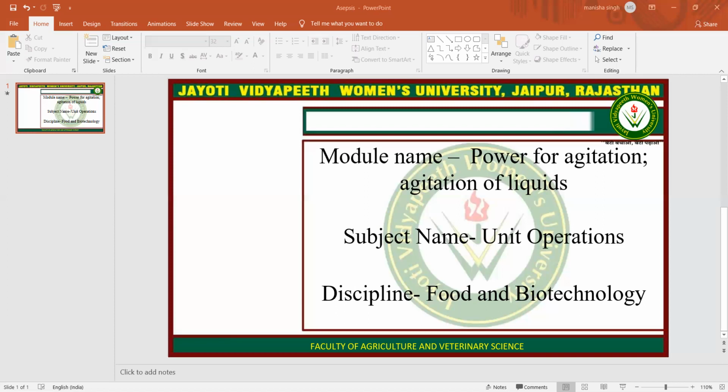Then hydrofoil impellers. They are a class of axial flow impellers with lower power numbers than the pitched blade turbines. They have been designed to produce high flow with low turbulence. Then, how do you select an impeller? Each of the impellers discussed above has its own characteristics and is suited for a particular service. Although in some cases two impellers may perform equally well, in general a given service will be satisfied best